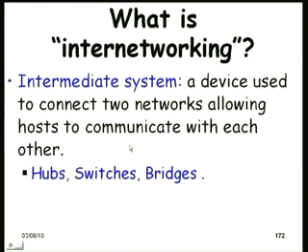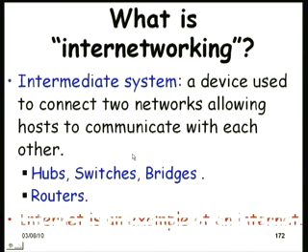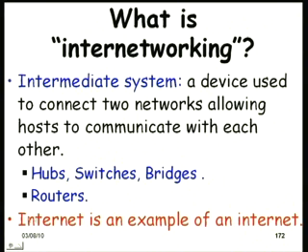Various devices are used to interconnect the networks: hubs, switches, bridges, you know them, the routers. We will not spend time on that. We can say that capital I Internet is an example of a small i internet, or is a specific case of a small i internet. We will just spend a couple of minutes